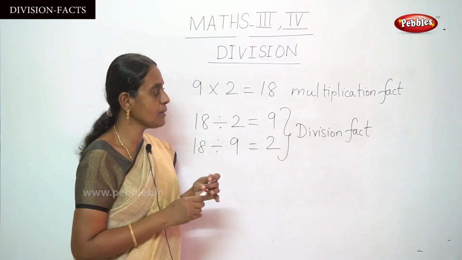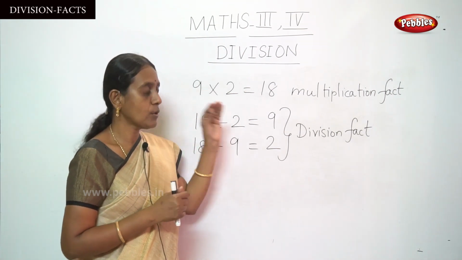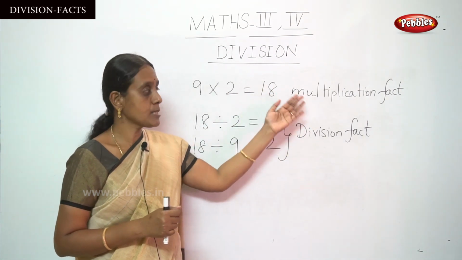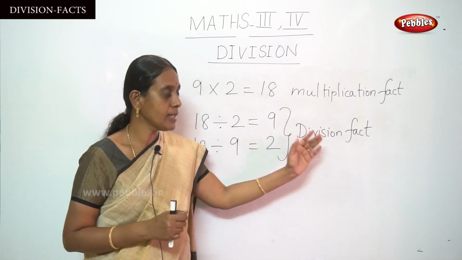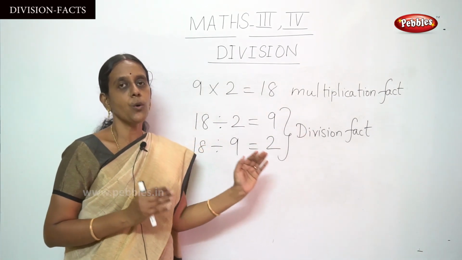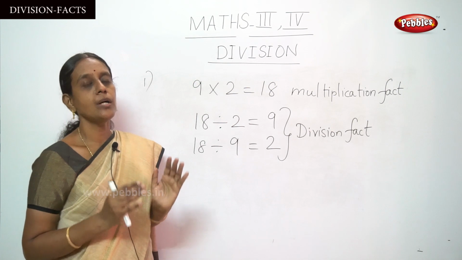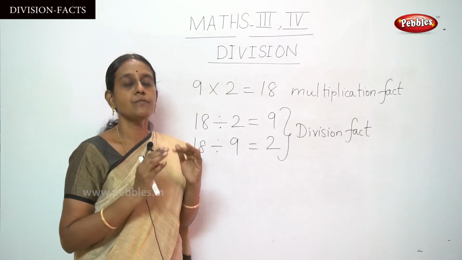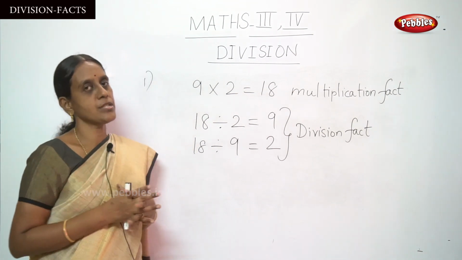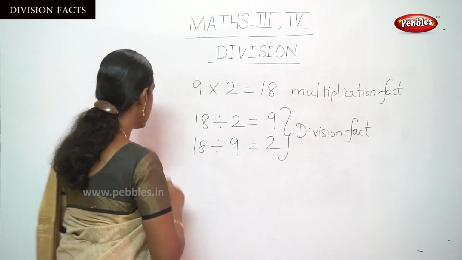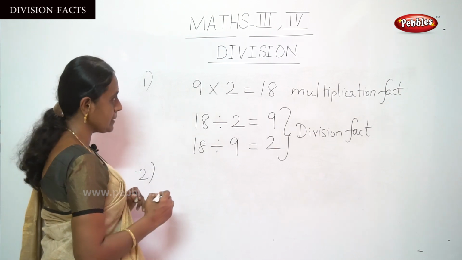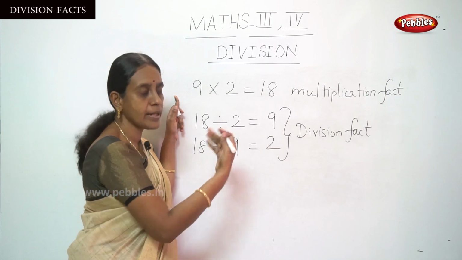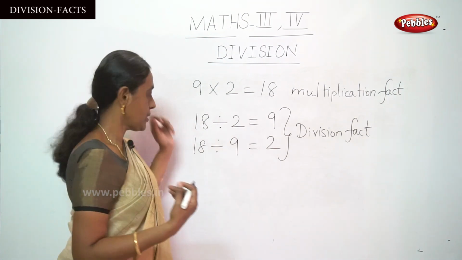Okay, this is an easy way to write division from multiplication, and from the multiplication fact you can write down the division fact, but you should know the multiplication table at your fingertips. You have to learn the multiplication tables by heart. Okay, and next we move on to the second example sum. Same, I am going to write one multiplication fact, and you can write down the division fact.